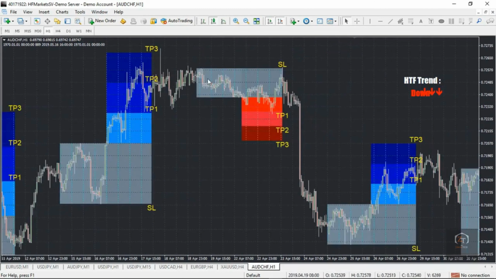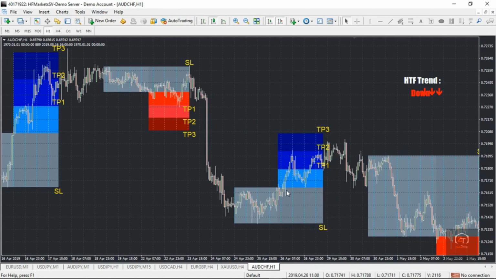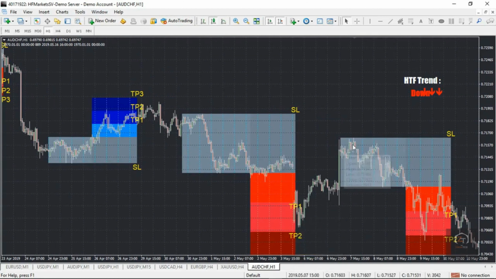It crosses here. When it crosses the ranging zone, this is the brown line here, it enters just a signal here. Whenever it crosses here, it's going to give you a signal to enter a trade, and it gives you some few pips for your stop loss. So this is applicable also here. It drops to TP1, up again, swings,